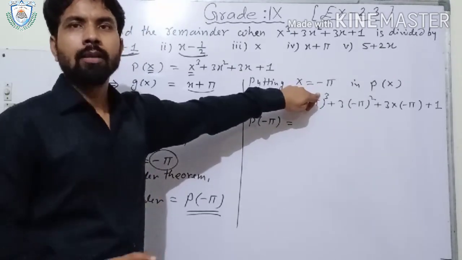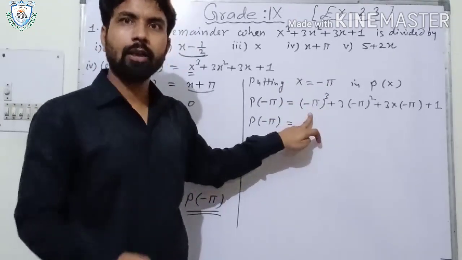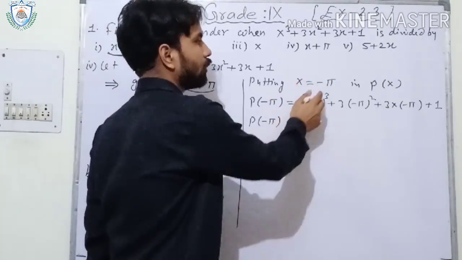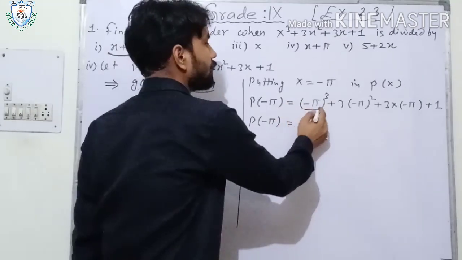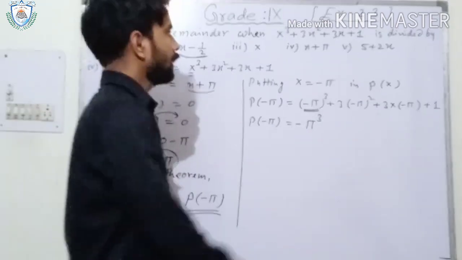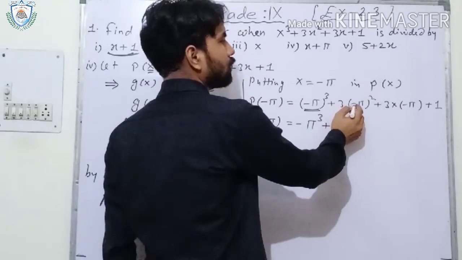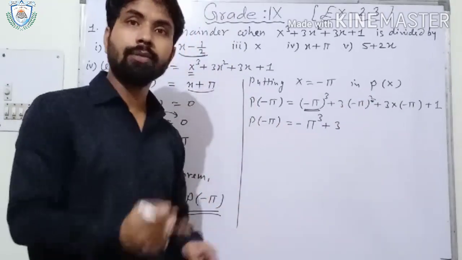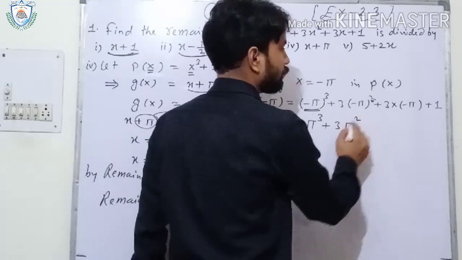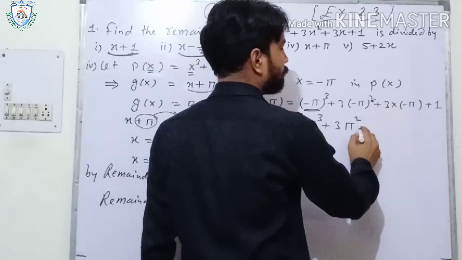Clear? Now P of minus pi equals, minus to the power 3. I told you that if the power is an odd number, then the result will be negative, and if the power is an even number, then the result will be positive. So minus pi to the power 3: 3 is an odd number, so the result will be negative. So it can be written as minus pi to the power 3 plus 3 into minus pi square. Minus to the power 2, 2 is an even number, so the result will be positive. So this can be written as 3 pi square. Now, plus 3 into minus pi: plus into minus is minus 3 pi